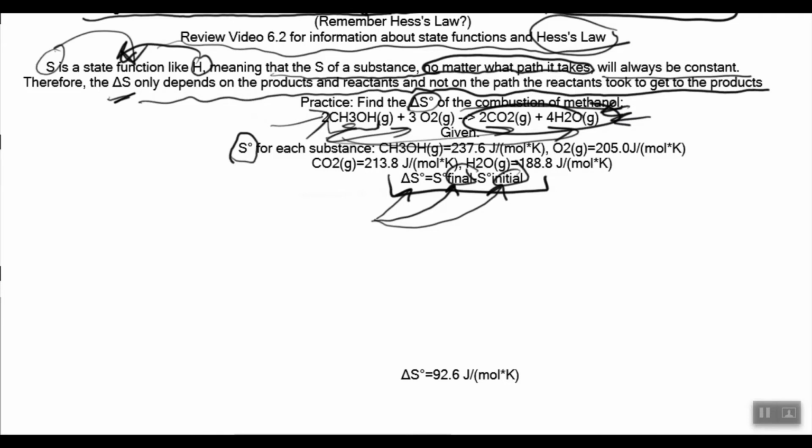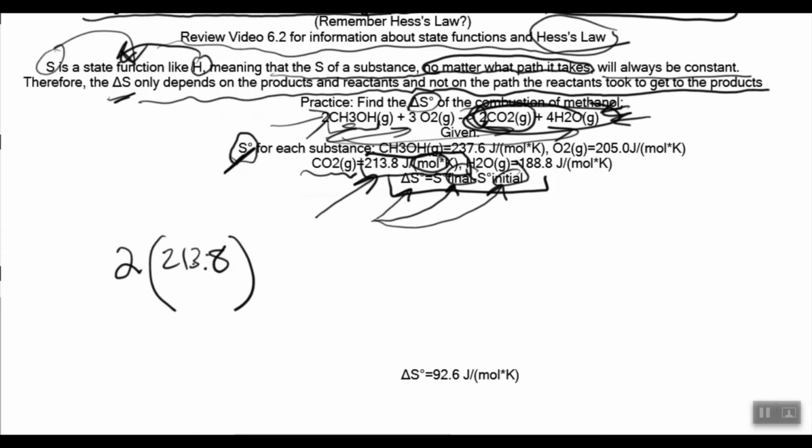So we have to find the total entropies. So how do we do that? Well, let's start off by finding the total amount of entropy for these 2 moles of carbon dioxide gas. According to this, the molar entropy of carbon dioxide is this. If we have 2 moles of it, we're going to multiply it by 2, since this number only gives us it for 1 mole, but we need 2 moles since there's 2 of them here. So let's go ahead and do that. So 2 times